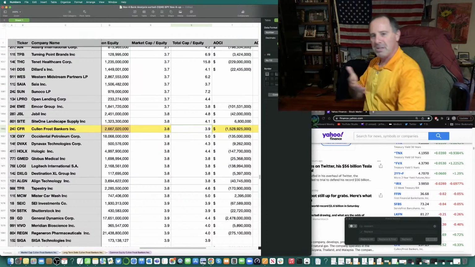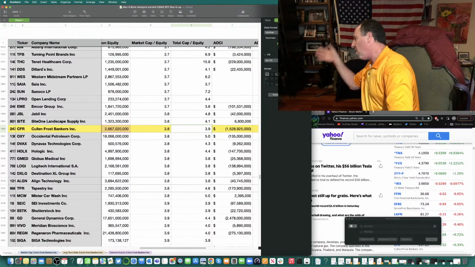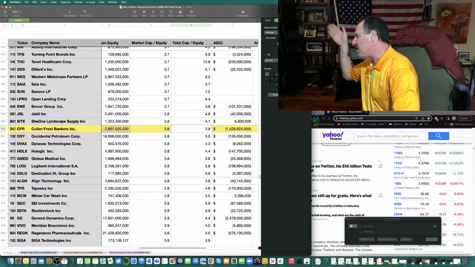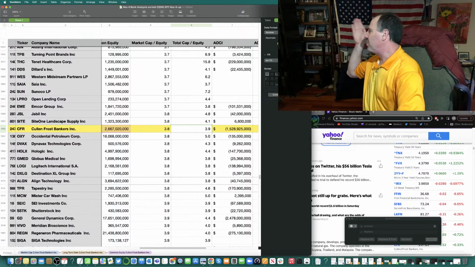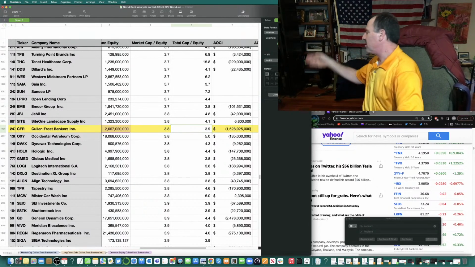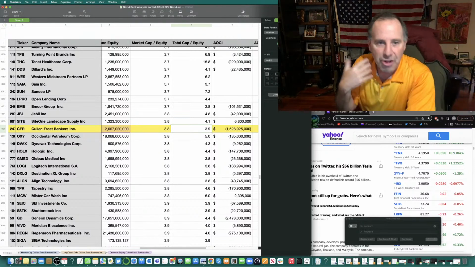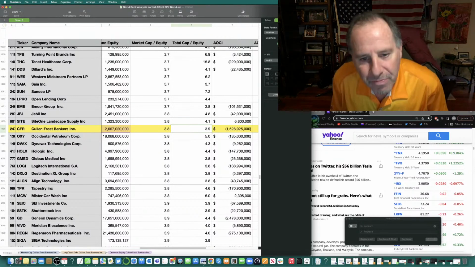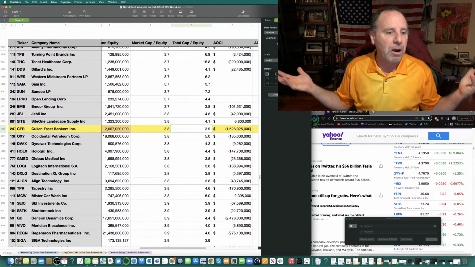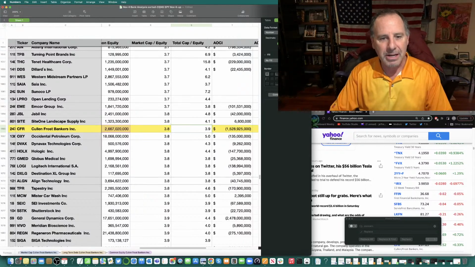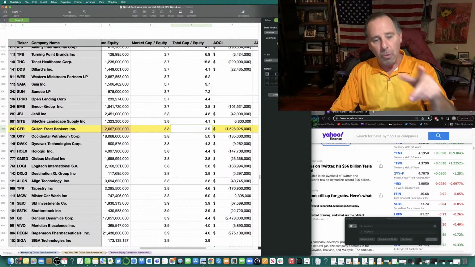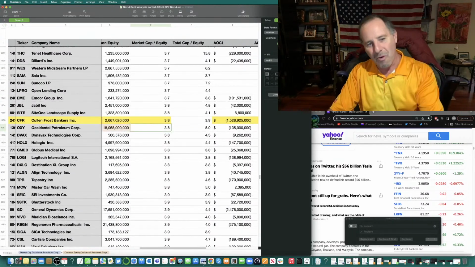Cullen/Frost borrowed $100 million, yielding 5.2%, to buy bonds that are yielding 3%. I thought they were smart. I thought they were a bank. Right? Come on. And people are willing to pay almost 4 times